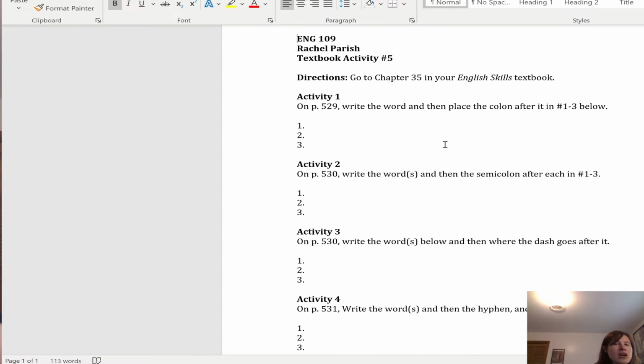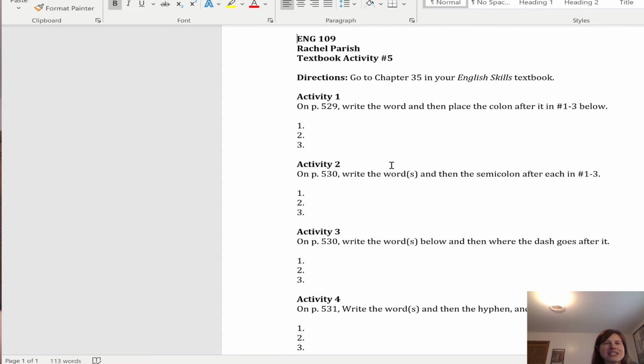And this is all about colons and semicolons. If you're not sure what a colon is, those are the two dots that usually are on top of each other. And a semicolon is like a comma and a dot. They're really just stylistic options that chapter 35 talks about, which authors and writers use to kind of take the place of conjunctions in sentences. So instead of using and, but, or, you'll use a colon or a semicolon.